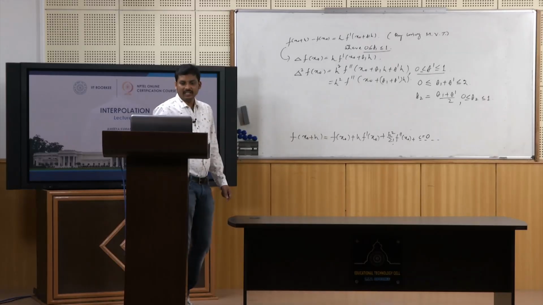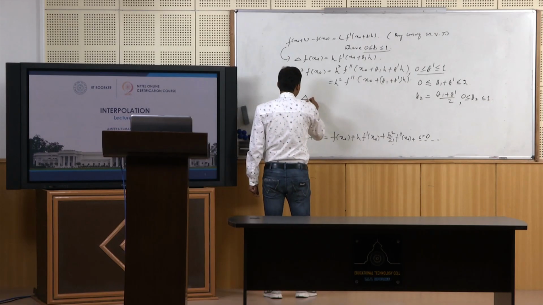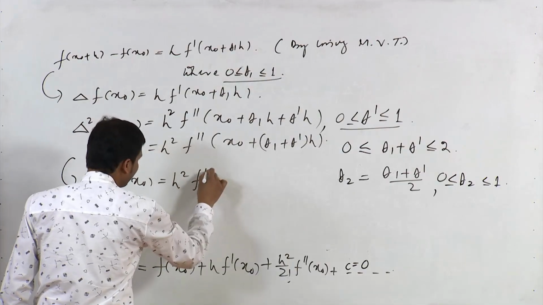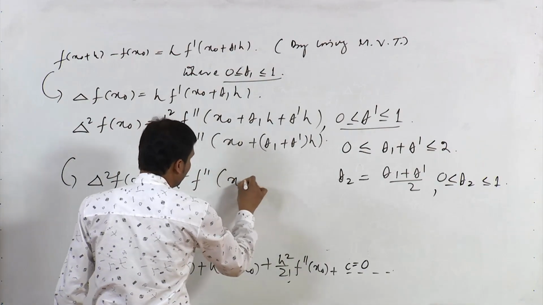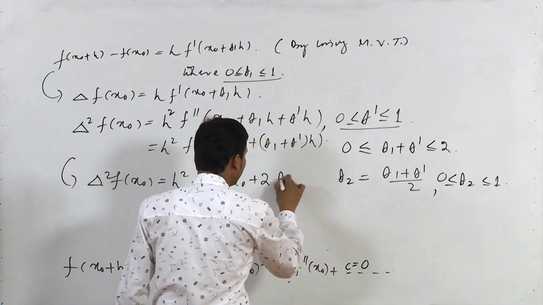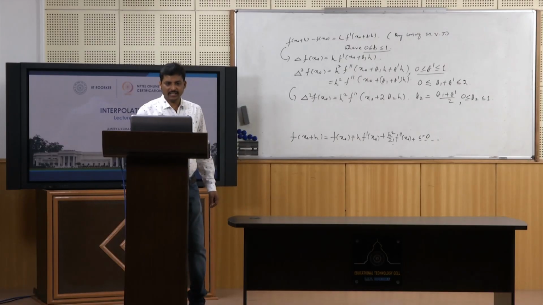So obviously we can rewrite this formulation in the form of del square of f of x0 as h square f double dash of x0 plus 2 theta 2 into h here,